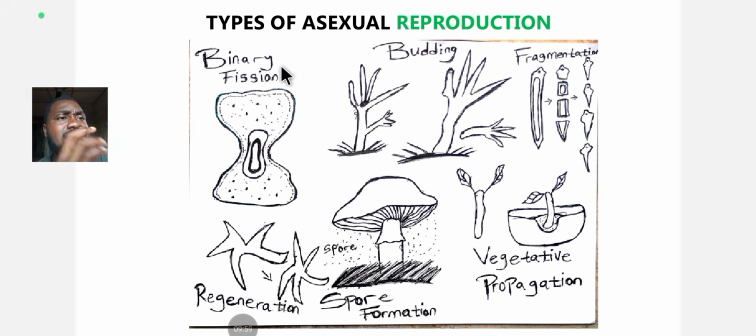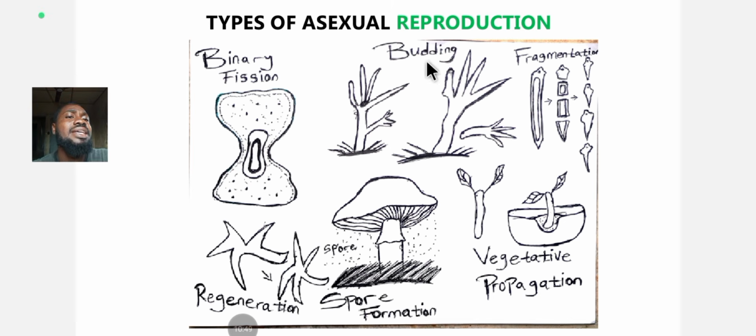All right. This is the diagram showing the list of asexual reproduction that we just discussed. First there is binary fission. You can see the cell dividing. What is left for this cell now is cytokinesis, whereby the cytoplasm of the cell breaks. So what is left for this cell is cytokinesis, whereby the cell completely divides, involving the cytoplasm of the cell. So it divides into two daughter cells, which are